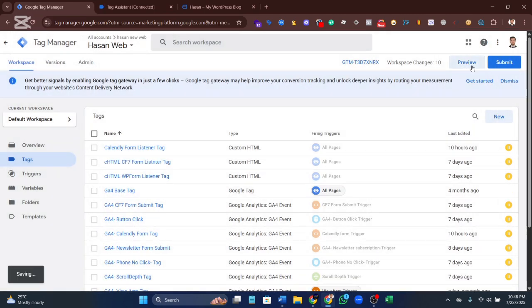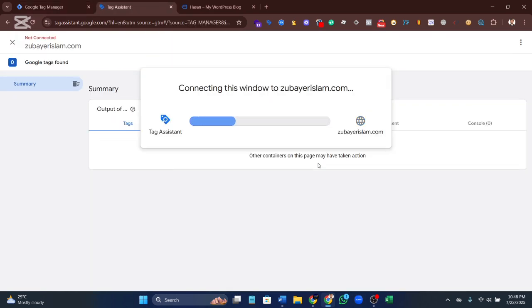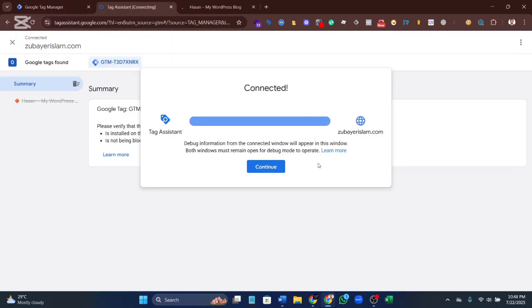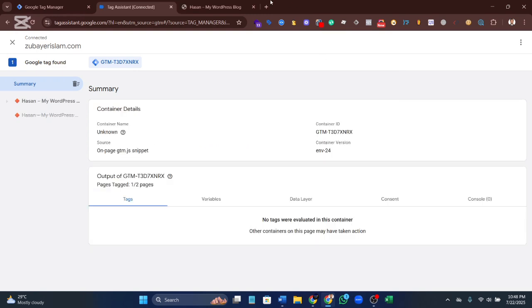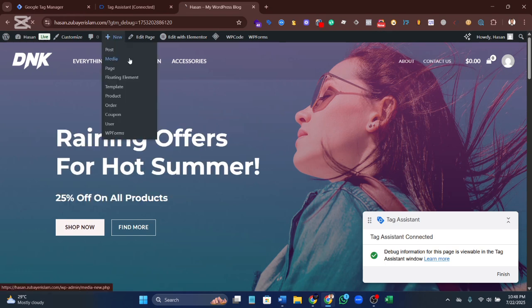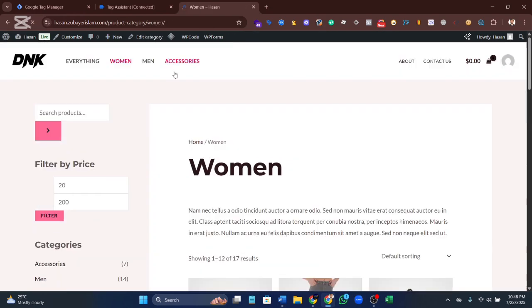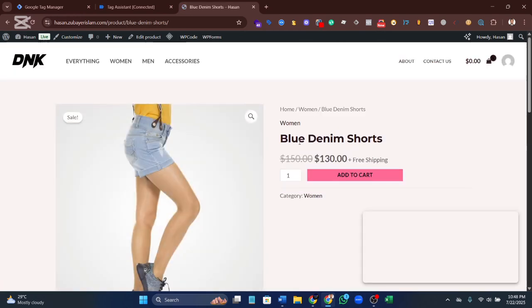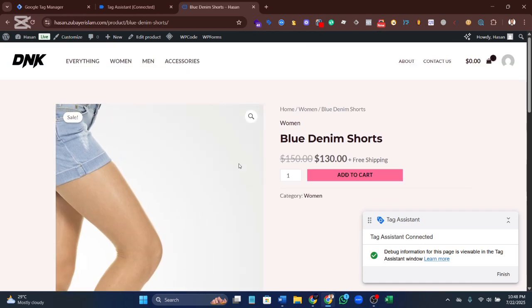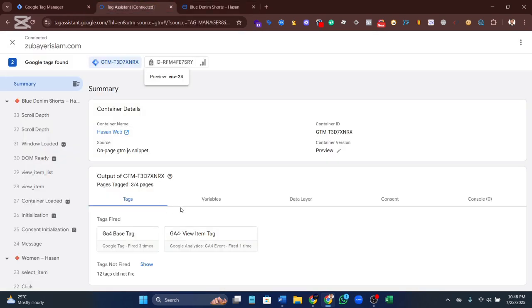Now preview. It's connecting, it just takes a few seconds. Yeah, it's connected. Go to the product section, just this product, blue denim shorts. I visited the product. Now the GA4 view item tag is fired. Okay, but